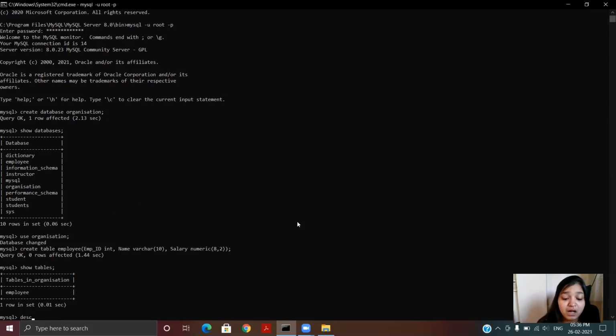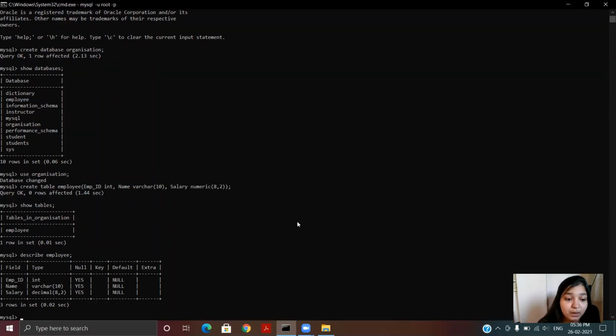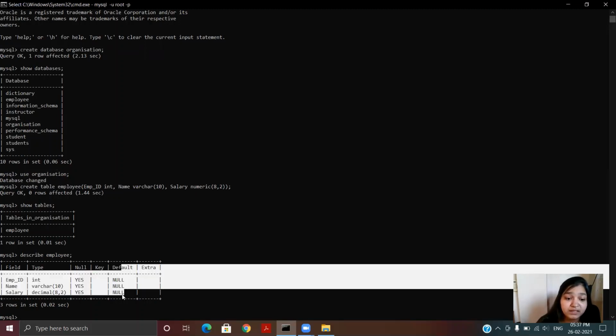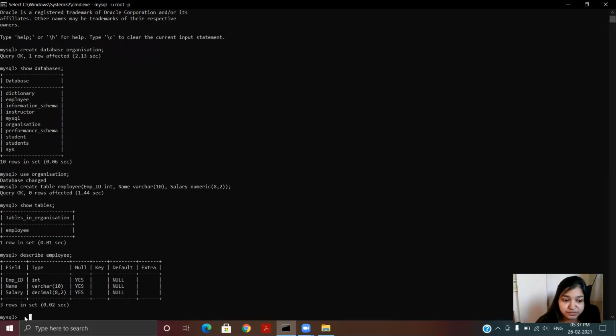To see if our table has taken all the attributes correctly, we can write describe employee and it will tell me that the fields are employee ID, name, and salary. Their types are integer, variable character, and decimal, that is numeric. We'll learn about the keys and default and all that in later videos. So our table is successfully created.